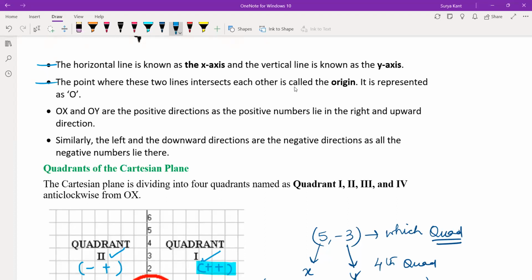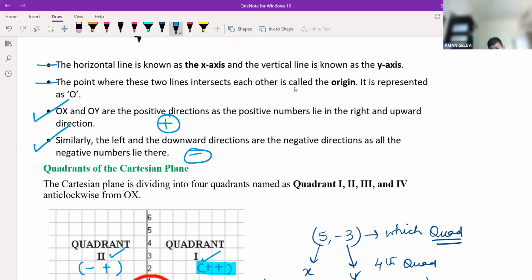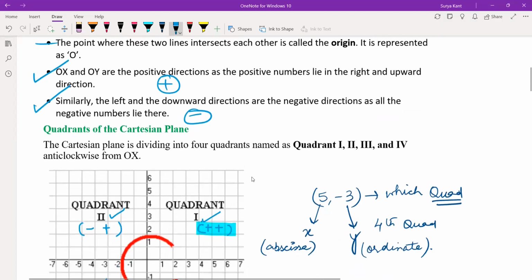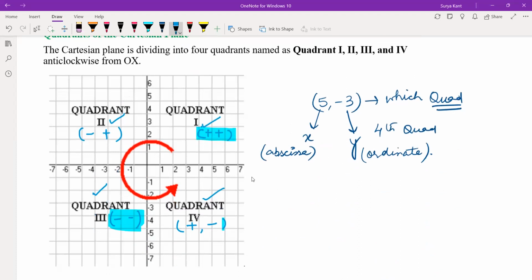Again here, OX and OY are the positive directions, as positive numbers. This is a positive direction, this is a negative direction. This we are talking about negative, this we are talking about positive. You know how positive and negative come into the picture? Yes, sir. Again, same thing. We are discussing the same thing over here: first, second, third, fourth quadrant. You can see the red color arrow mark. So in this way, first, second, third, and fourth quadrant is